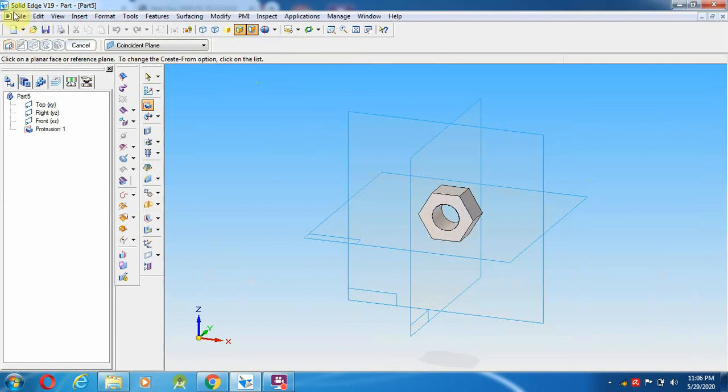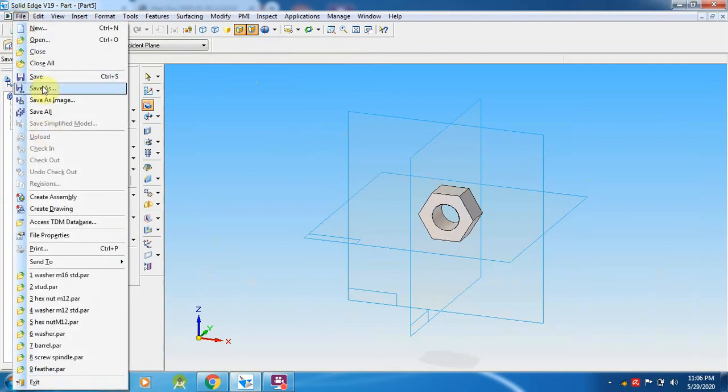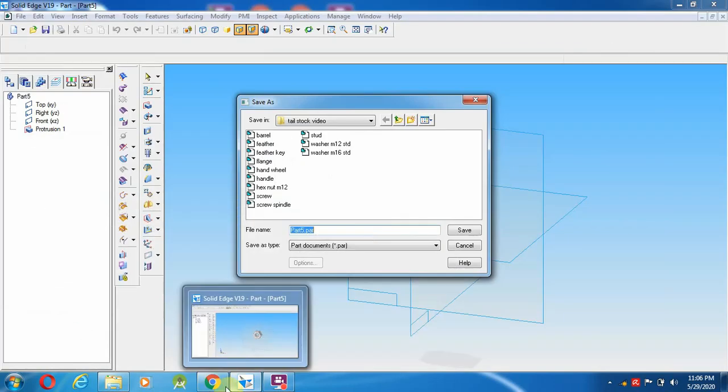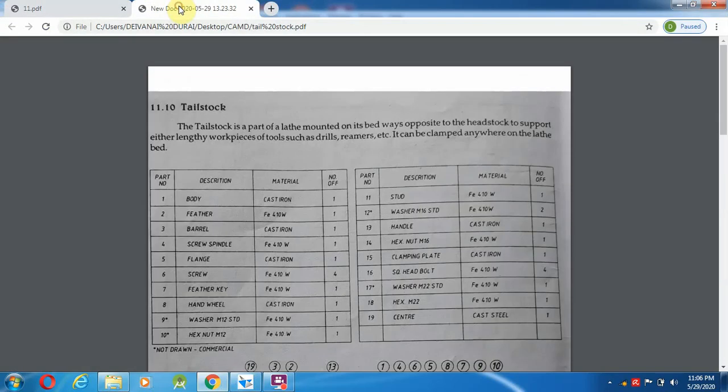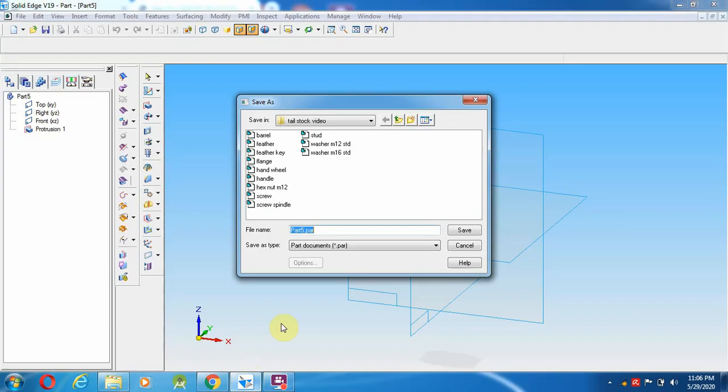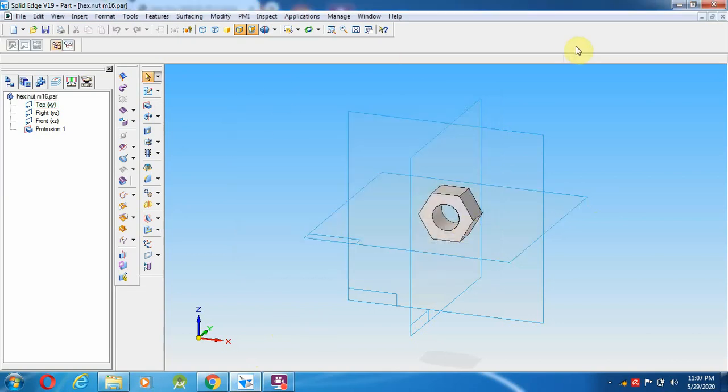So the hexagonal nut has been created over here, so you can save it as hex nut M16, hex nut M16. Save this file. Okay.